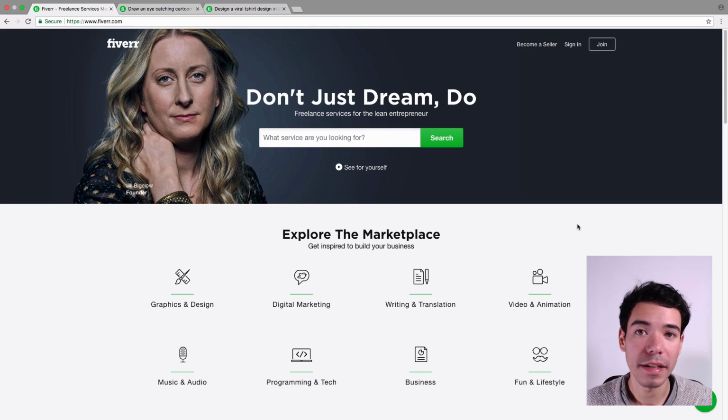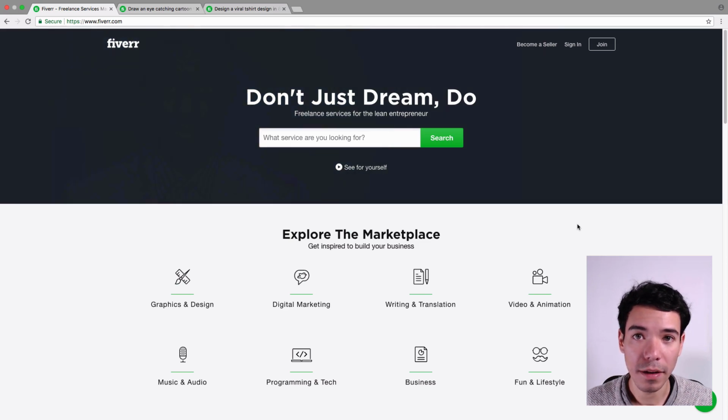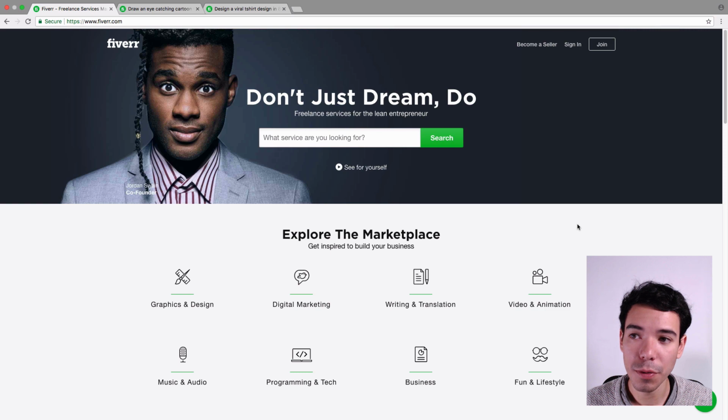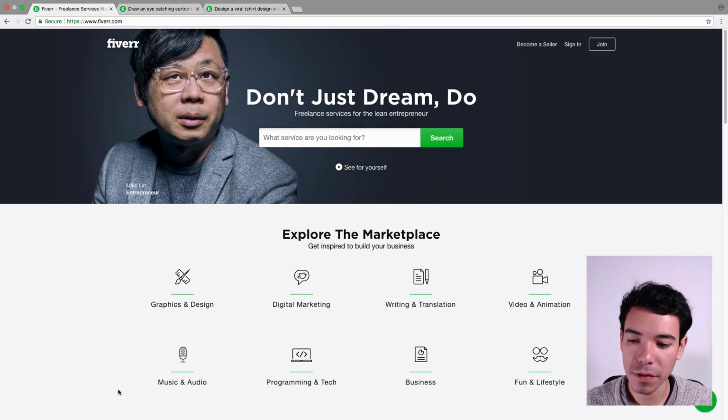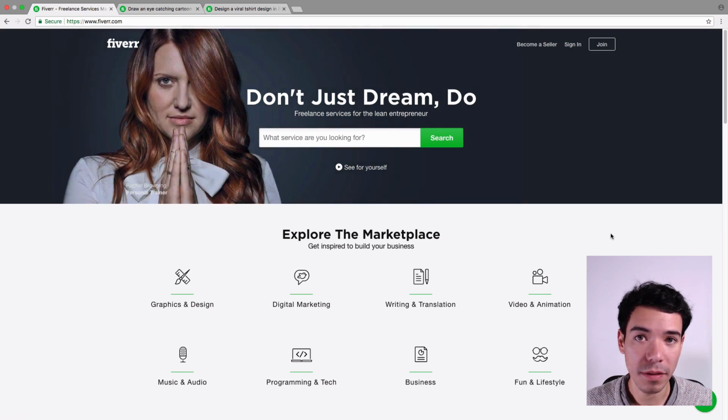Let's take a look at how to find a t-shirt designer for your brand on Fiverr. So the first thing you want to do is go to the Fiverr homepage, and you're going to be greeted with this big search box and a couple of little buttons here that let you explore the marketplace. Since we're trying to make a t-shirt today, you could either type that in here and search for it,